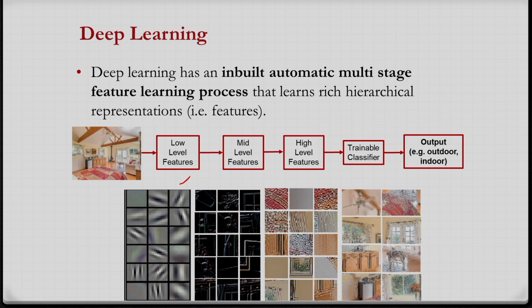So maximum information I want to extract from the input image, that is why it is called deep learning. Then more and more information I want to extract from the input data, and after this we can consider the classifier for object recognition, for object classification, or maybe image recognition or image classification. So you can see the distinction between the traditional pattern recognition system and the deep learning system.